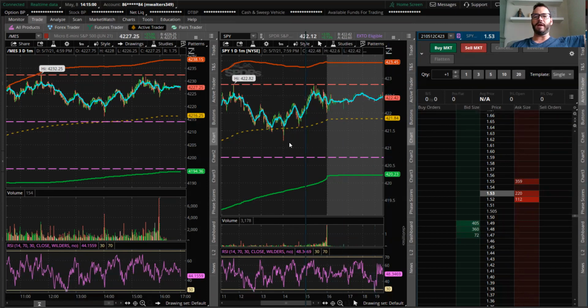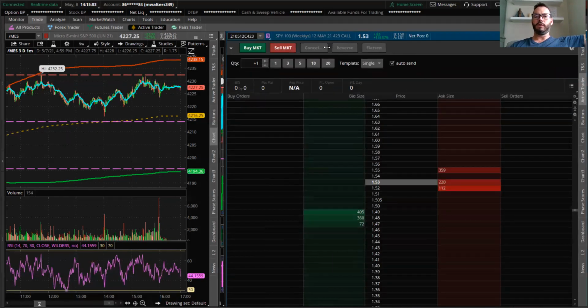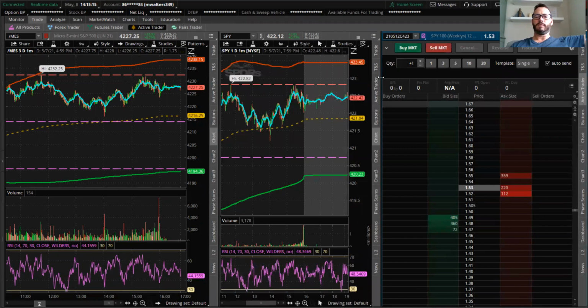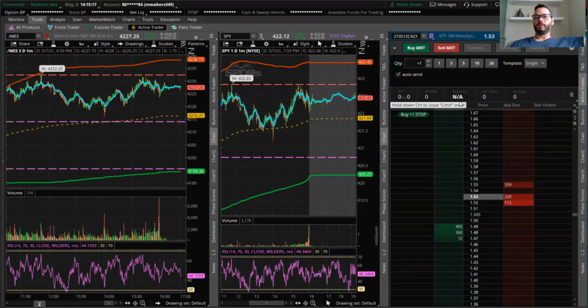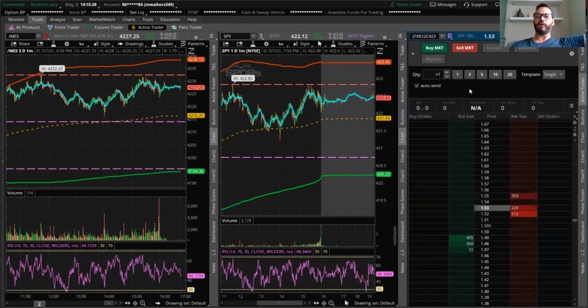If I expand this cell, you'll see it says here 423 call. Okay. So that's what I have preloaded here,